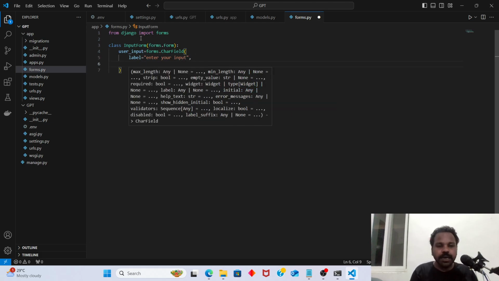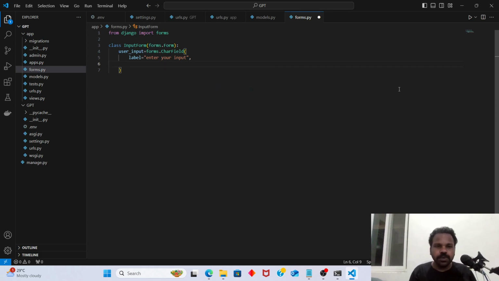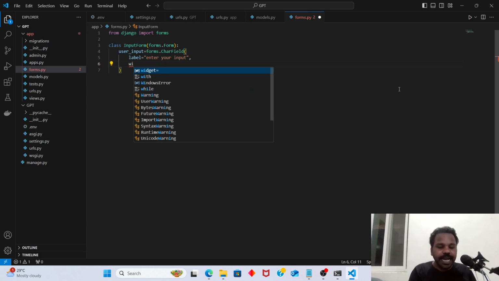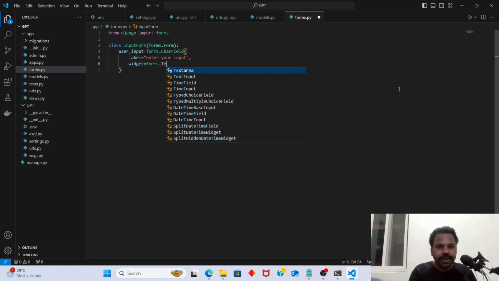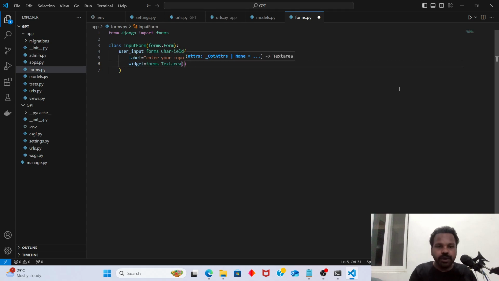And then the widget equals forms.Textarea, where we are giving attributes, attrs equals to